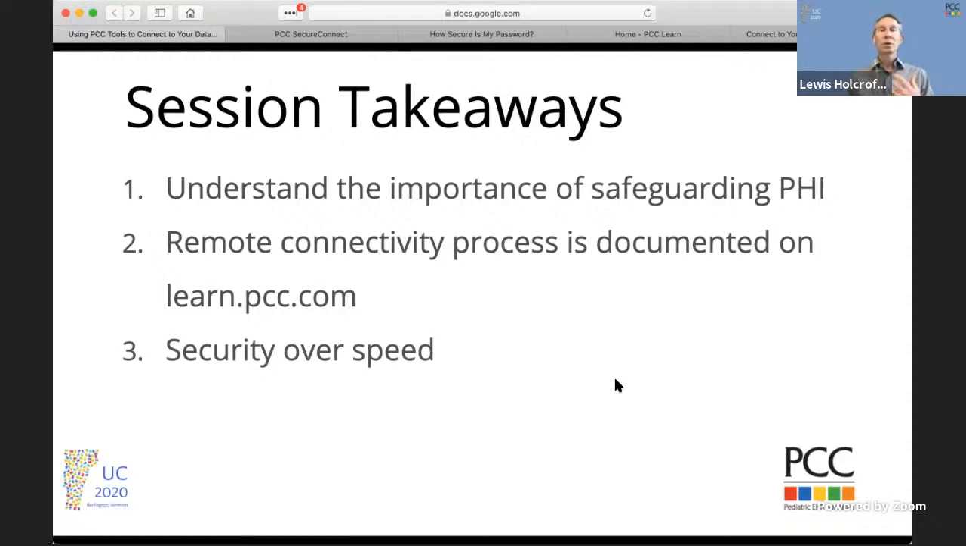I still come across people who have set their password to 1, 2, 3, 4, or their name. Not at PCC, because I work with people outside of the organization, but there are still people who are like, oh, well, I couldn't think of it, so my name's Fred, so I used Frederick as a password. Brilliant, but not really. So that I want you to take away. Safeguarding your PHI is really, really important, and